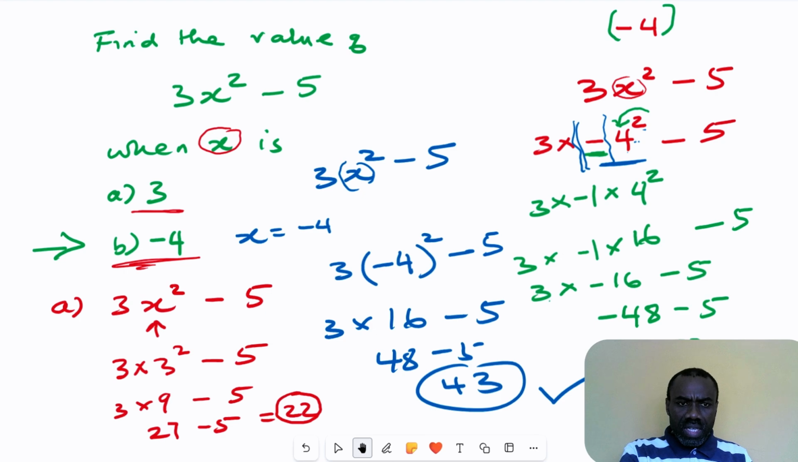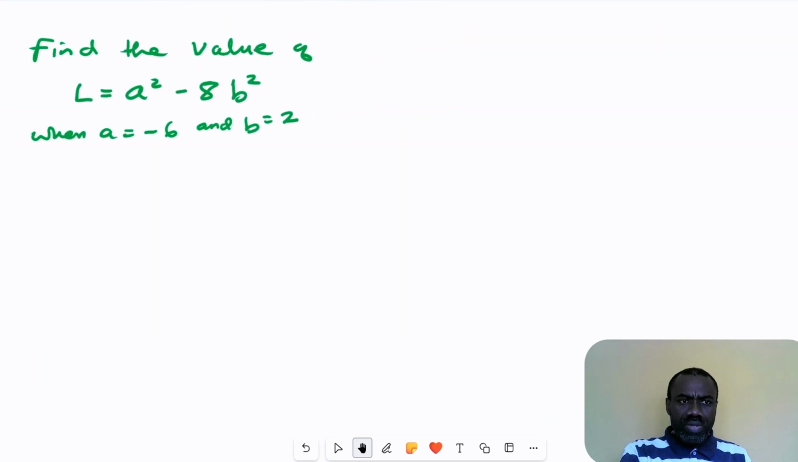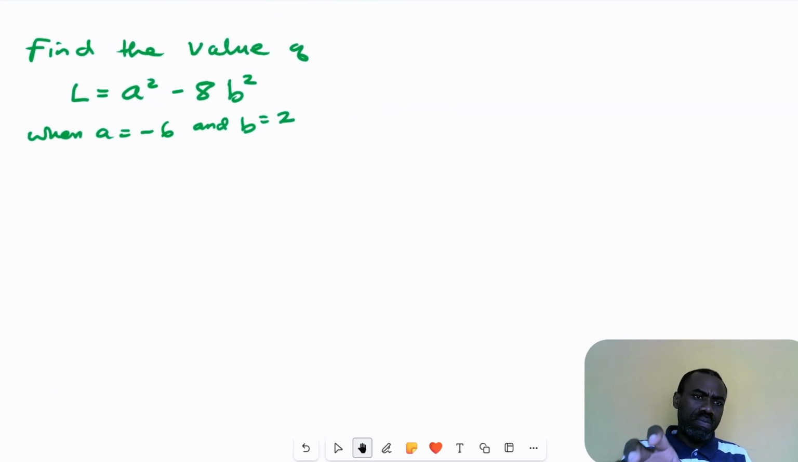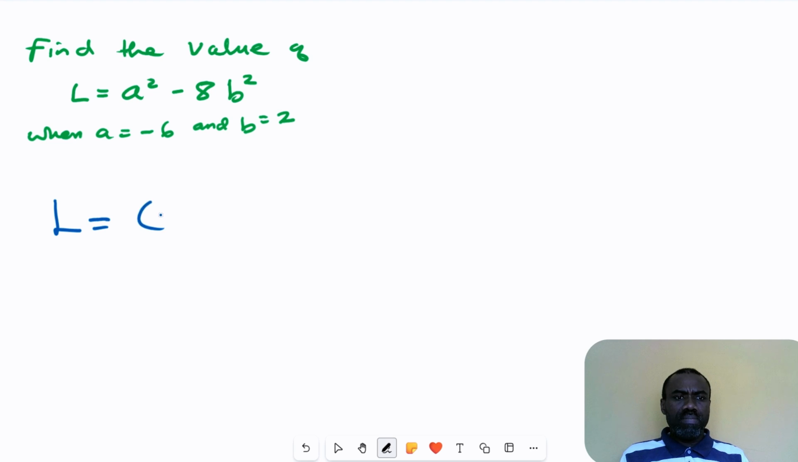I have another question here where even introducing a bracket becomes even more important, because this time we are not only dealing with negatives, we are also dealing with squares. So a correct solution will be to introduce brackets in this expression. Find the value of L equals a squared minus 8b squared. So L is equal to a square. I'm introducing a bracket and put the minus 6 in a bracket